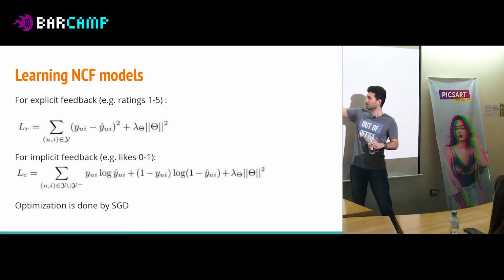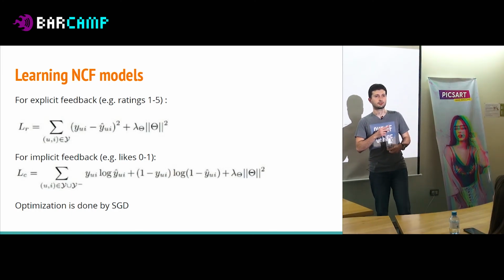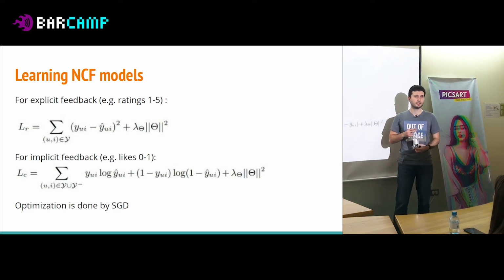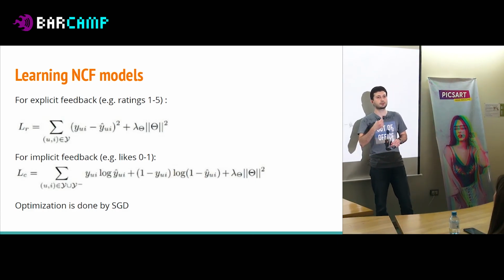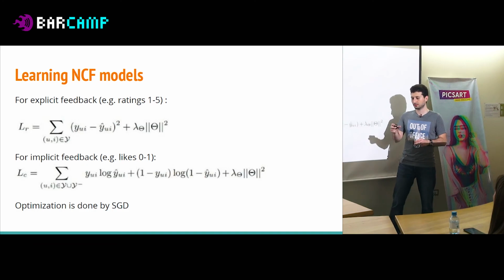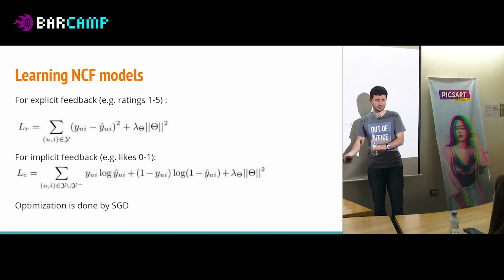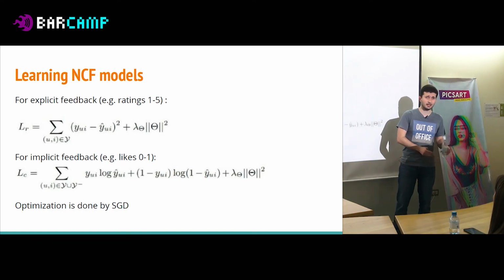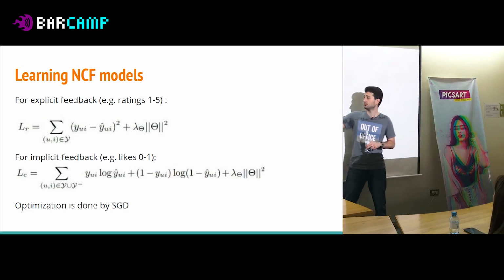This could work for two types of feedback, explicit and implicit. I did not mention it during the presentation, but basically you can think about explicit feedback as the case when you have the ability to provide a rating to the item. For example, if you can rate a movie on a 5-star scale, it's very good with 5, it's very bad with 1. That would be explicit feedback that could be modeled with just L2 loss.